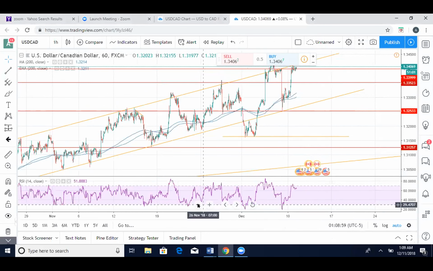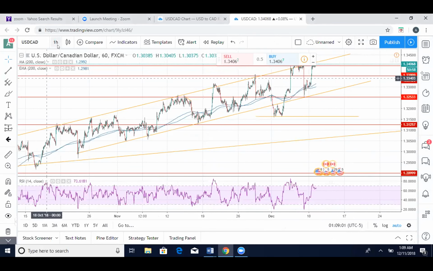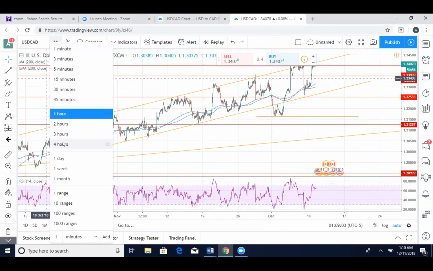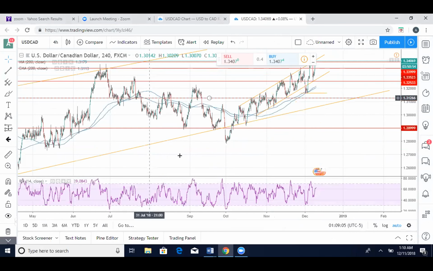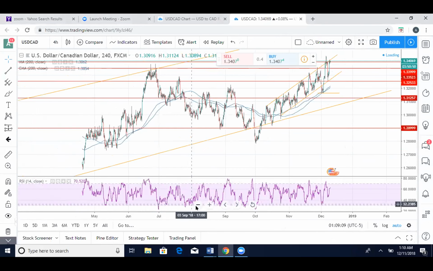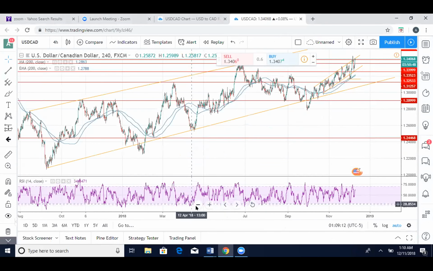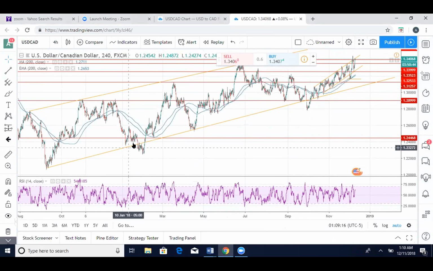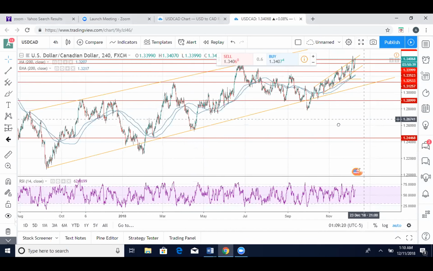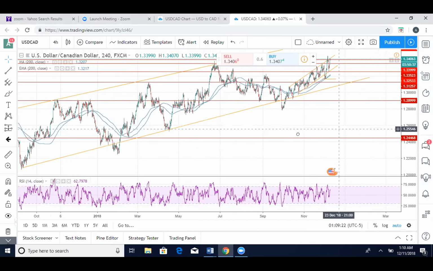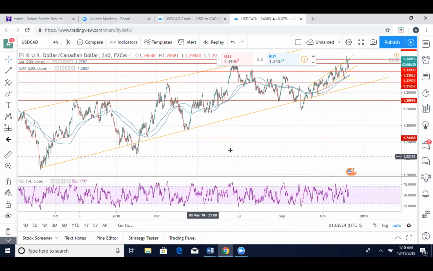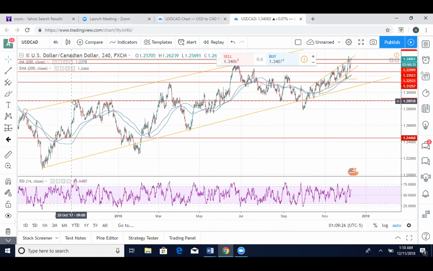So this is my USD CAD. You see, I have it on the 4 hour. It's on a bigger channel. Like if I close this out, it has little fake outs here and here, but it still respects the bottom and top all the way through. How many touches do you have at the top? We got one right here. I'll count that as 2,